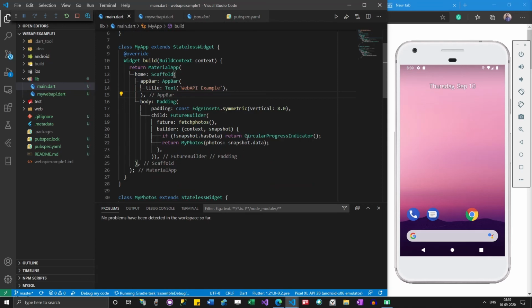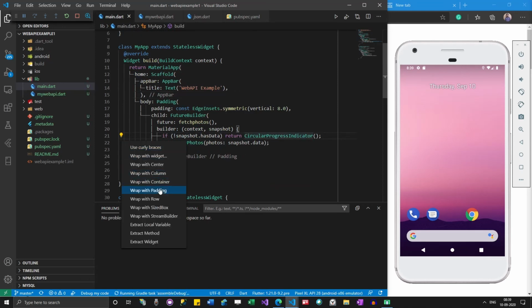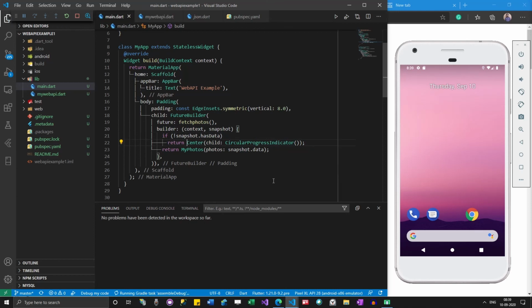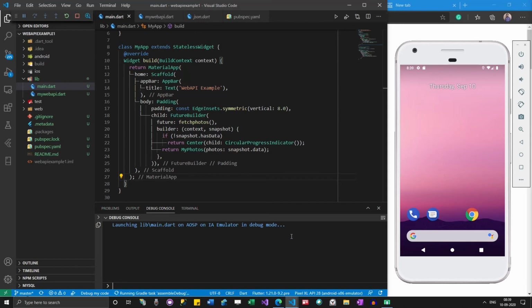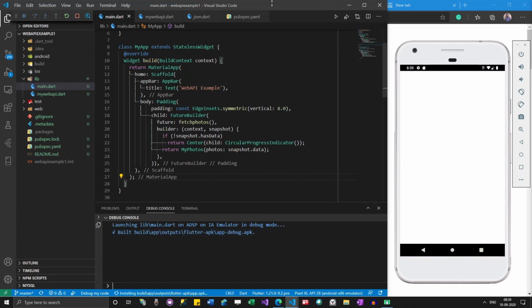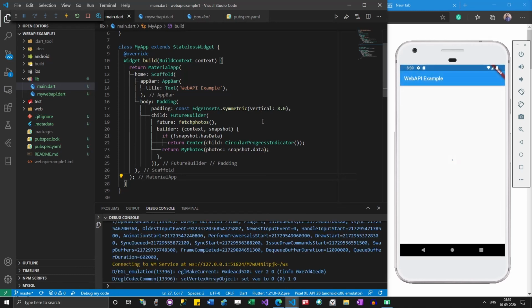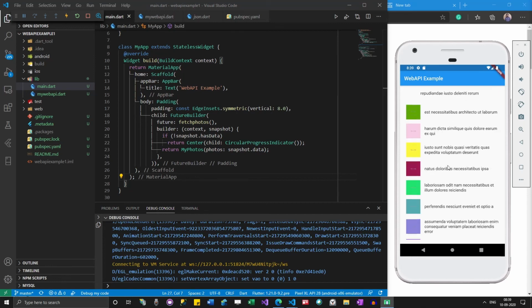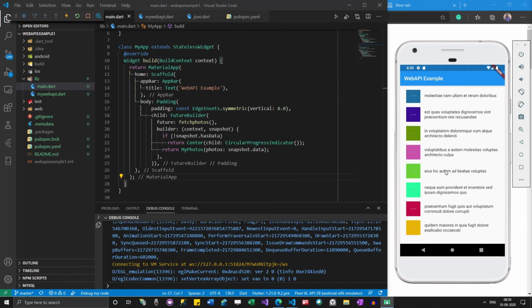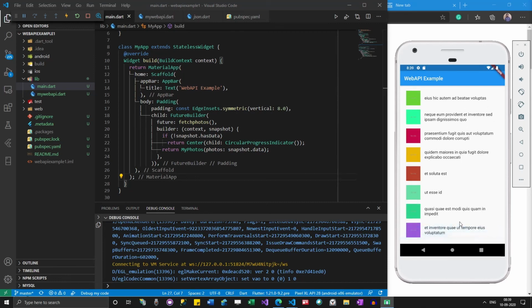Let me add some Center here. Okay, so now it is working fine.